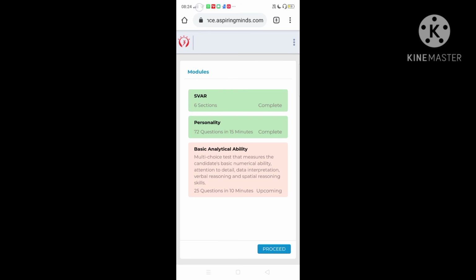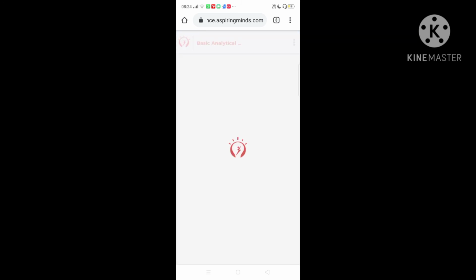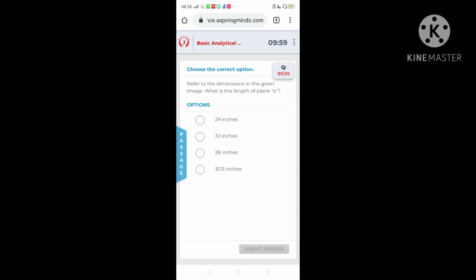Third, basic analytical ability. In this segment you will need pen, paper and calculator. 25 questions in 10 minutes will not be possible if you read questions twice. I request you to read each question only one time to complete this segment. And it's important to complete all the questions in this segment. Keep a timer, use 7 minutes to do easy questions, use the last 3 minutes to just finish the test and submit.